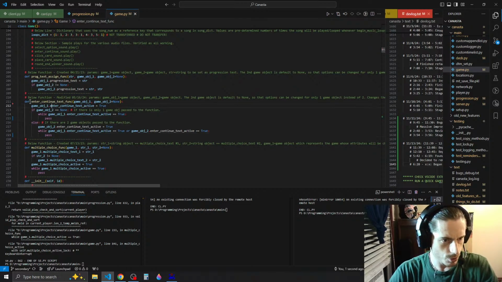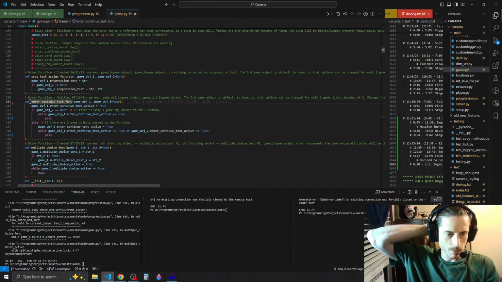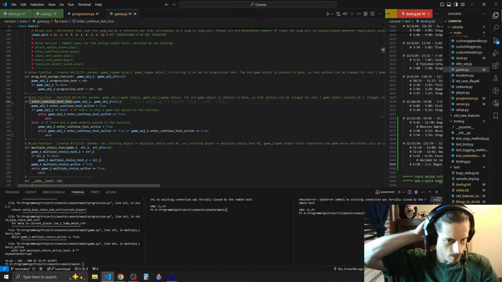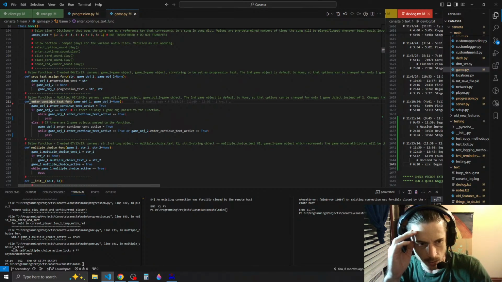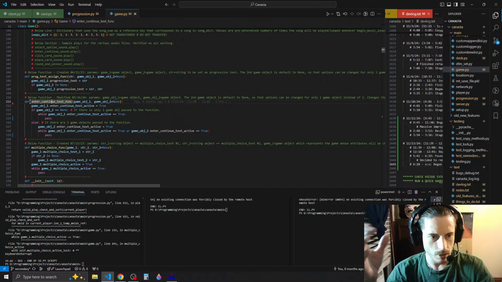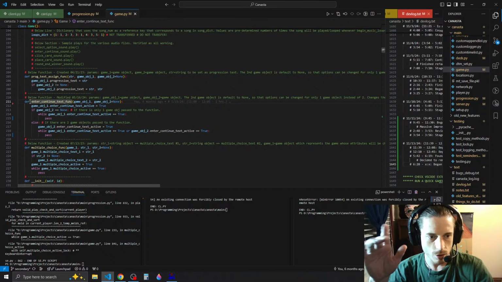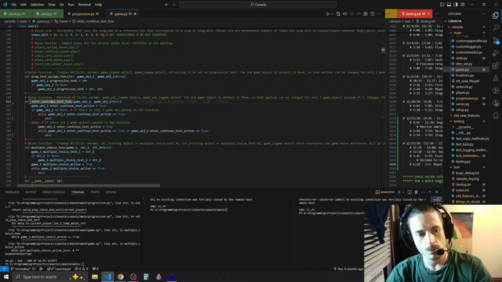So let's review. So now we have the enter continued text function taking game object 1, game object 2 defaulting to none. Game object 1 enter continued text active gets set to true. It's going to have at least that one. Okay. Then if game object 2 is equal to none, pass to the function. While game object text active is equal to true, we pass, and as long as the client hasn't yet hit enter, it will remain true, which means it will remain paused basically. Whenever they hit enter, it will change enter continued text active to false, which is going to break out of the while loop and move to the next